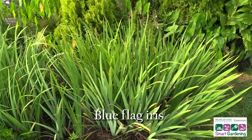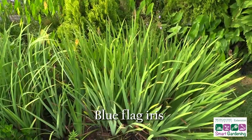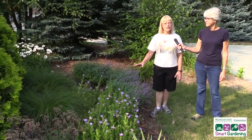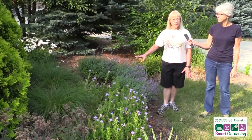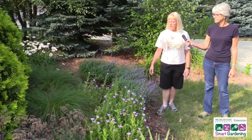Again, a variety of natives. This is blue flag iris that will bloom in June with light blue flowers. This bed is more of an upland bed. It's close to the road. It has road salt in the winter. And so I've tried to plant plants here that are more adapted to drought conditions, and one of those is